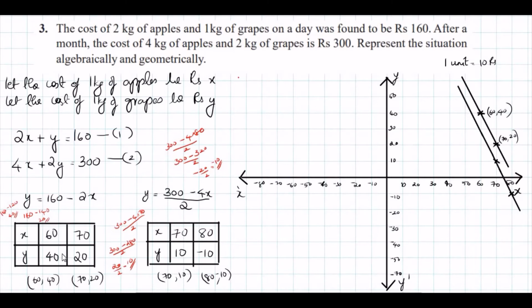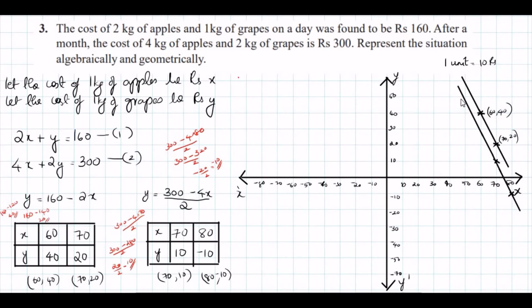So the first solution that I got is 60 and 40. Here solution means if you give these values for x and y, you get the LHS equal to the RHS. That is, if I give 60 here, 2 into 60 is 120, 120 plus 40 is 160. So here LHS is equal to RHS. Likewise, you will have infinitely many solutions for a linear equation in two variables. Here we have just written two solutions. Likewise, write the solution table for the second linear equation and after that plot these points.